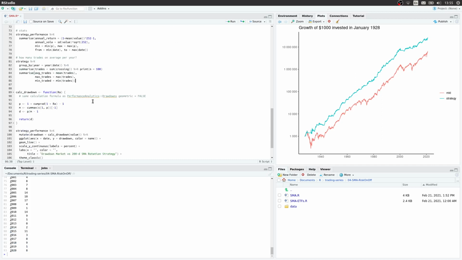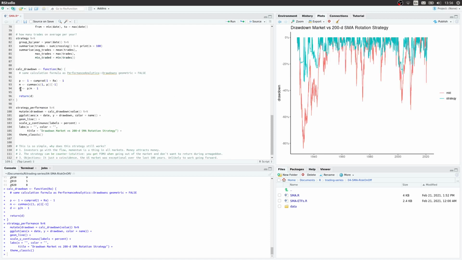So that's pretty interesting. And also what I pointed out is that it's not only the upward trend that is making this strategy superior or beating the market, but it's mostly that you're avoiding the downturns. So this can be seen also in the drawdown plot that I'm doing here. So basically again you see the market, and you see in the